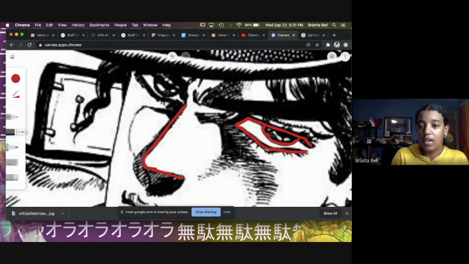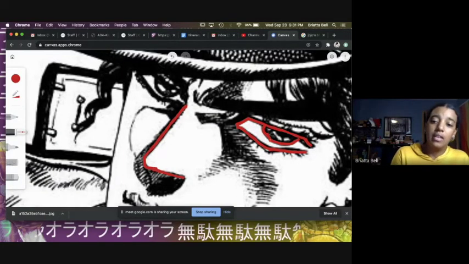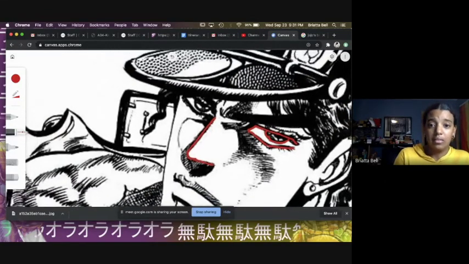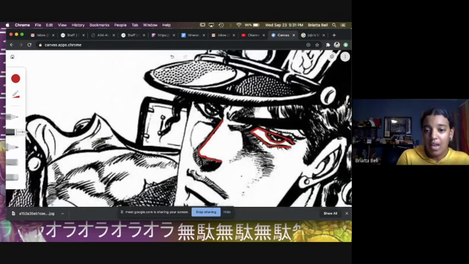So I want you guys to take your time with these. I want you to trace out all of the lines that you see. In this image of Jotaro that I chose, it has a lot of lines. You don't necessarily have to do all these textures in his coat and in his hat, but I do want you to do all of the lines in his nose, eyes, mouth, ears if they're visible, the hat. I want you to draw as much as possible because I want you to get used to using this tool, this application, because this is what we're going to be using for quite a few of our art